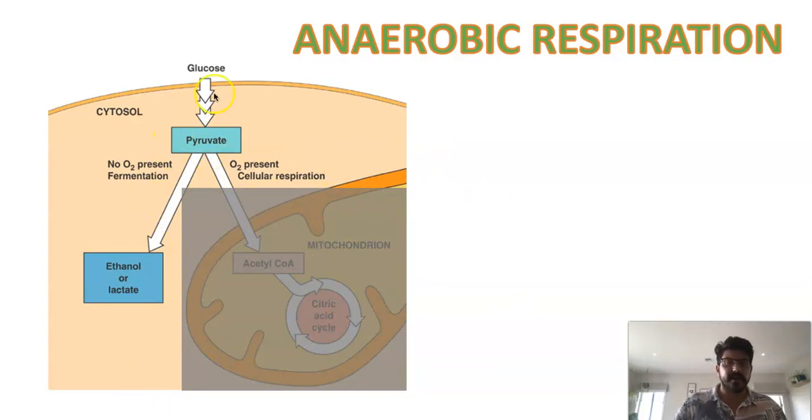Instead, stage 1 happens over here. So glycolysis happens over here, and pyruvate exists, but it doesn't go anywhere else. So it stays inside the cytosol, and it goes through one of two processes. Anaerobic respiration is also known as fermentation,